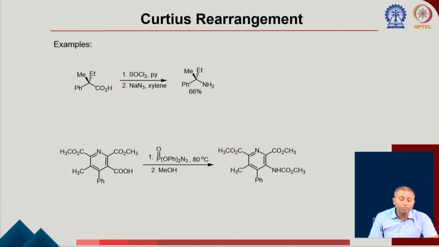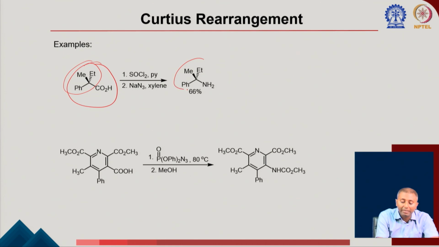Here is an example. If you start from a chiral acid, then the configuration remains the same. That means there will be retention. Whatever the stereochemical information there is, it is going to remain the same after the Curtius rearrangement. First, they treated it with SOCl2 and pyridine, and